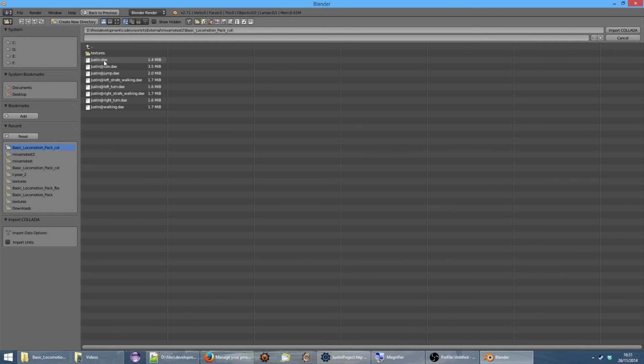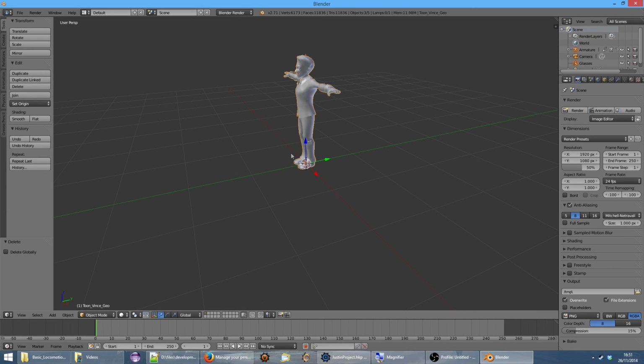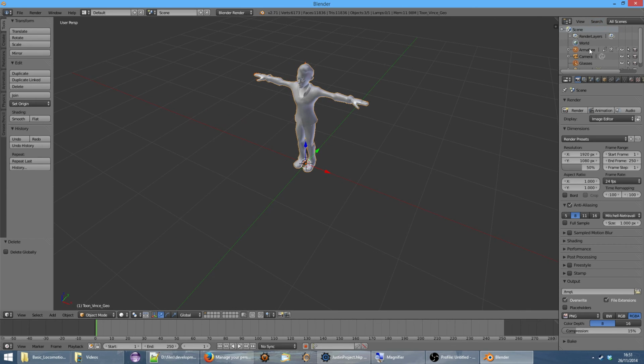And I'm just going to import the basic model Justin. I think that's just the T-pose. So the ones that don't have at next to them don't have an animation on. So you can see there's the 7 animations and just the model on its own. So I'm importing that, and there's my model,